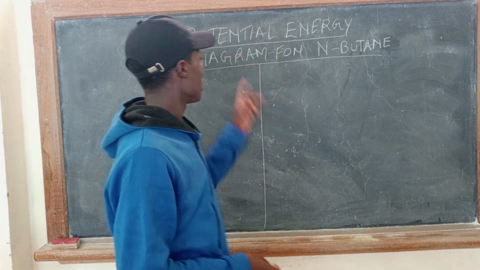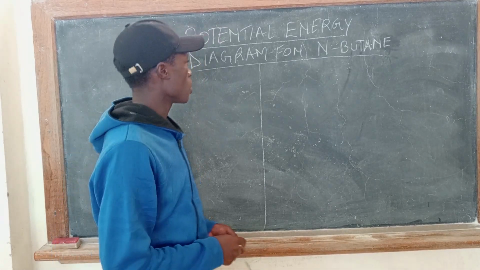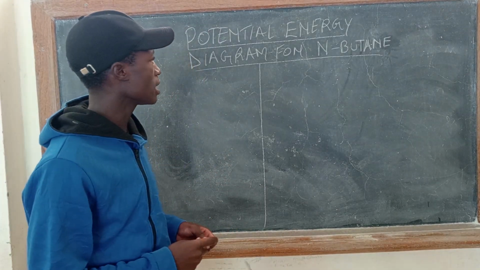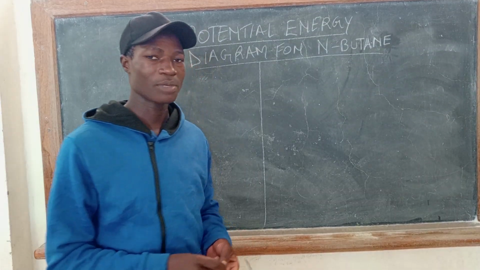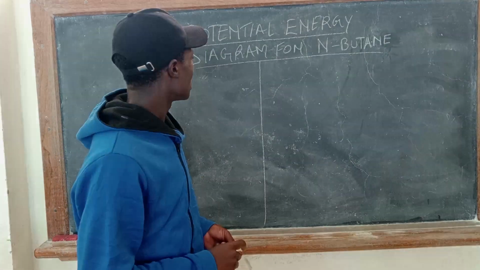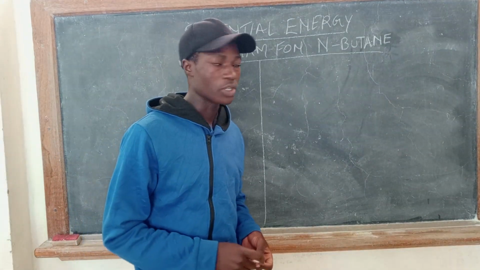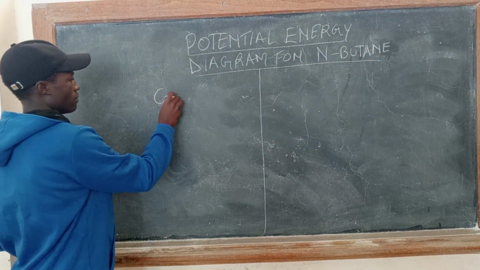So in this video, we're going to learn about the potential energy diagram for n-butane. While drawing this energy diagram, I'm going to use the standard conformations: the gauche conformation, the anti conformation, and the eclipsed conformation. Now, n-butane has 4 carbon atoms